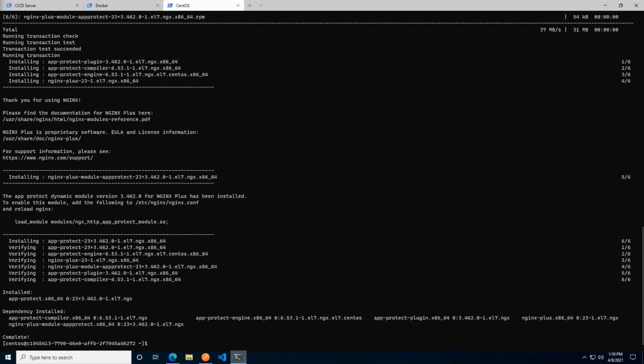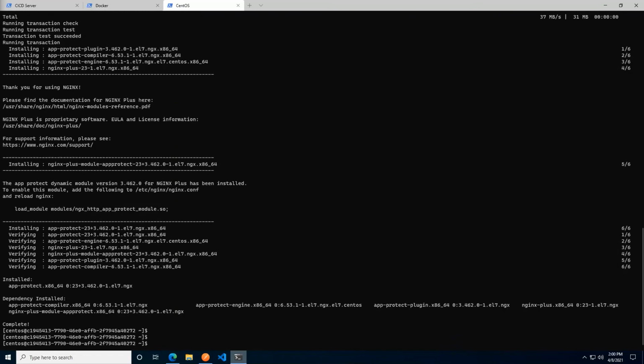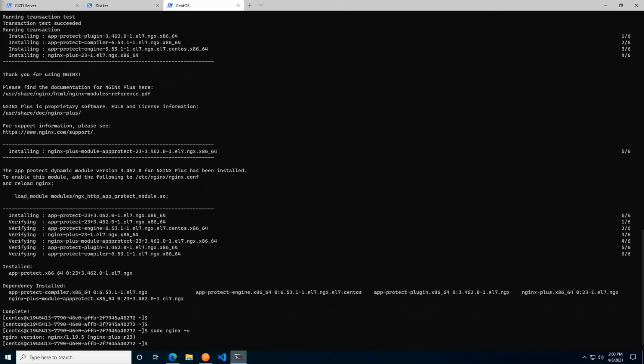The bulk of what we're pulling down here and deploying, and there we go, we're done already, is the App Protect packages, because it has so many different functionalities and different libraries, not least of which that it itself relies on. That's the bulk of the size of what we're pulling down in terms of storage. Excellent. So let's have a look and see if Nginx has been deployed. So I'm going to run nginx -v for a version. And indeed, it has installed Nginx Plus, specifically version R2023, which is the current one.